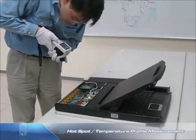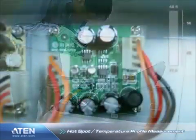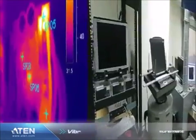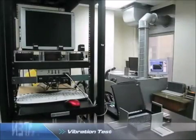An infrared hotspot temperature profile measurement detecting abnormalities in the operating components. Mechanical durability tests including a vibration test, simulating various shipping conditions,